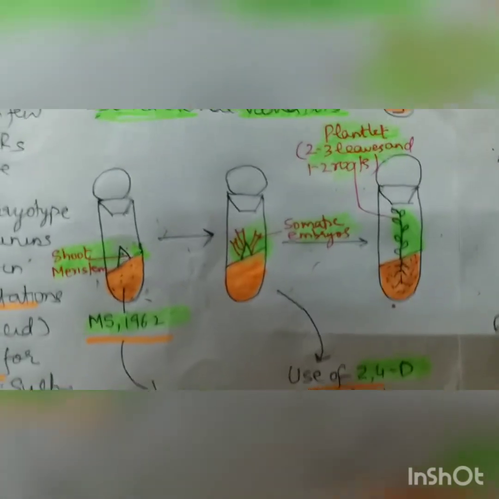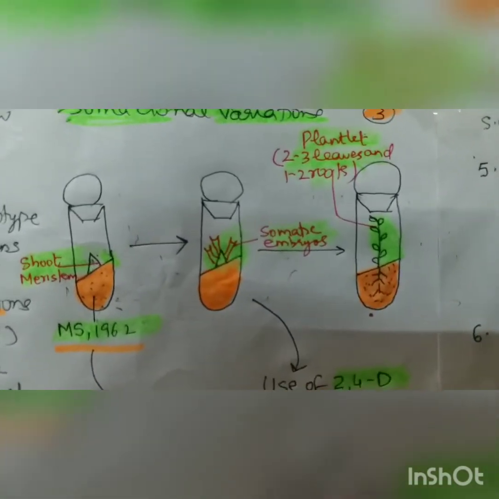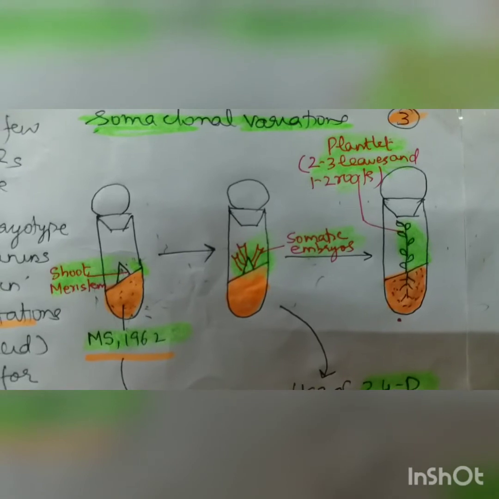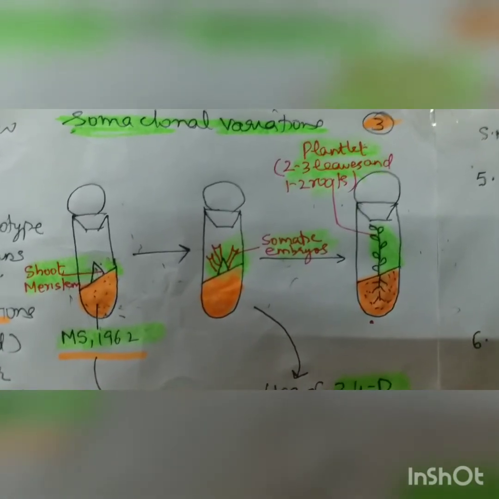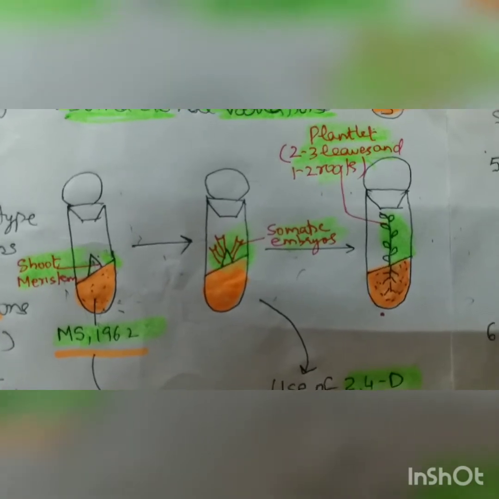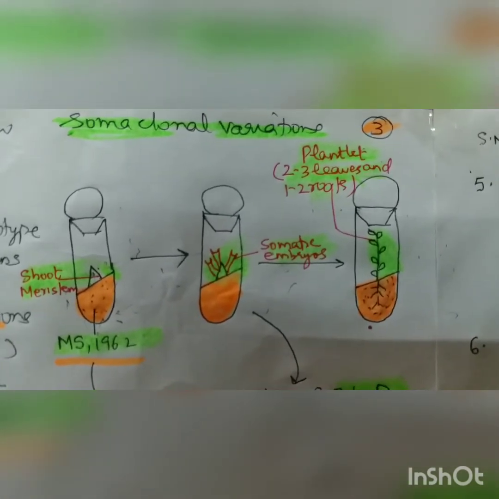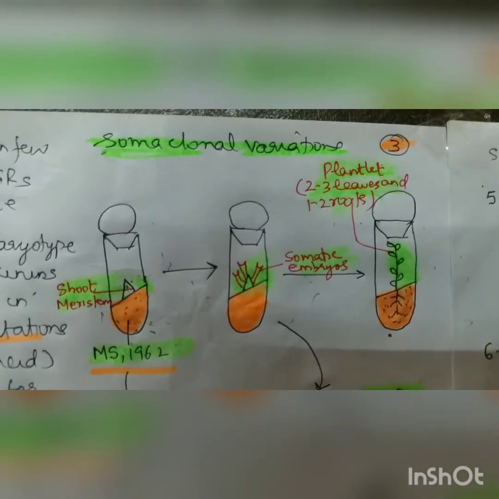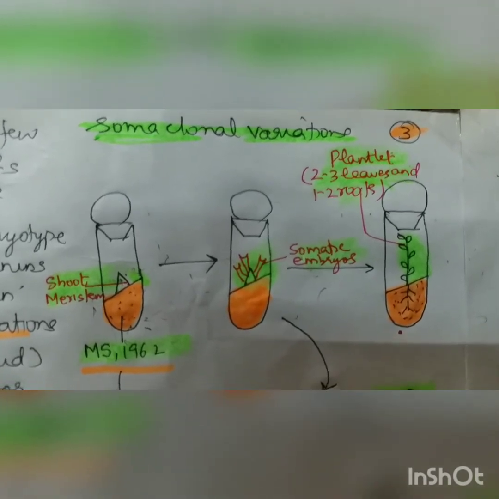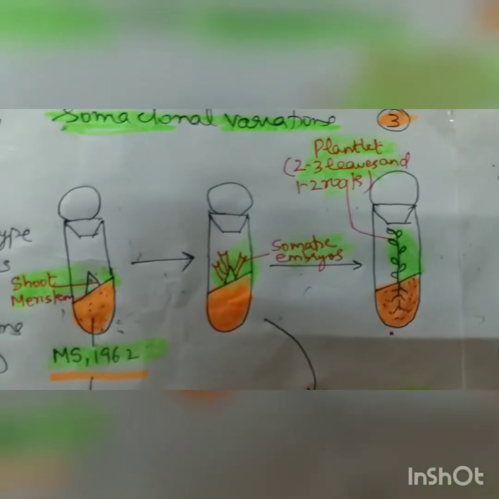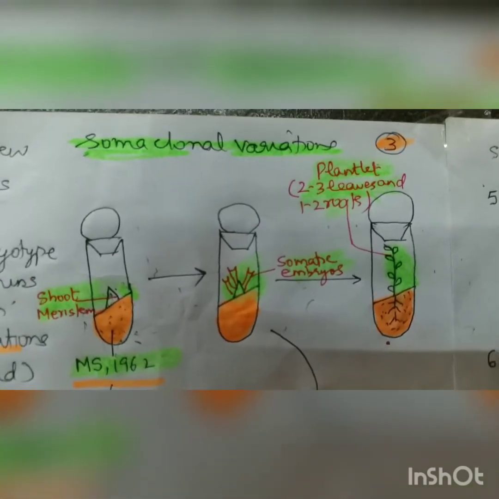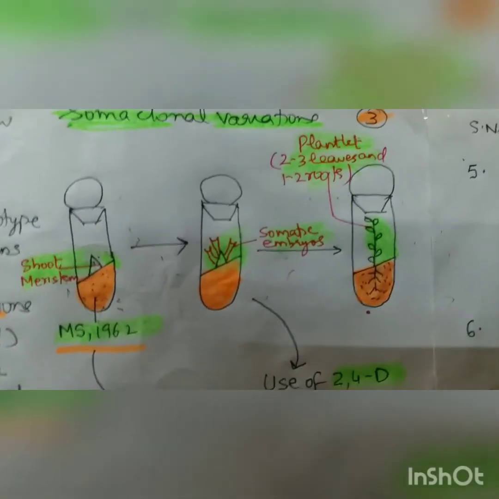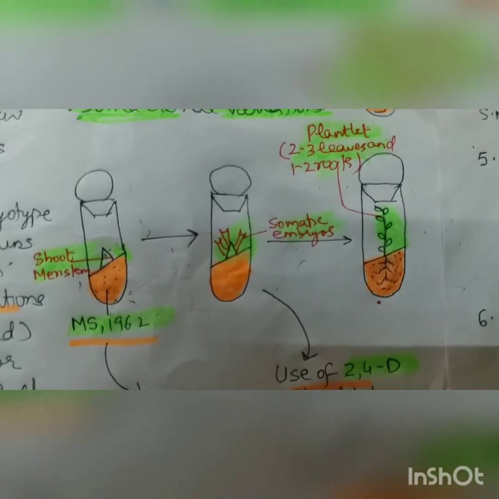So shoot meristem is the best choice we have, and here the excessive use of PGRs is to be avoided, because 2,4-D we know basically results in the dissolution of spindle and that results in endoreduplication, whereas cytokinins, as their bioassay, the Richmond and Lang effect, increase the cell division. It also results in somaclonal variation, which we call the cancer of the plants.